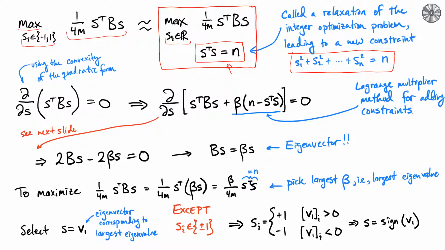And so we're really using the fact that this quadratic form is this generalized notion of a parabola, and so it has a definitive minimum or maximum. So if we find where that term is equal to 0, that gives us essentially the minima or maxima. So if we took the derivative of just this term, S transpose BS, that would be this term, but now we have this